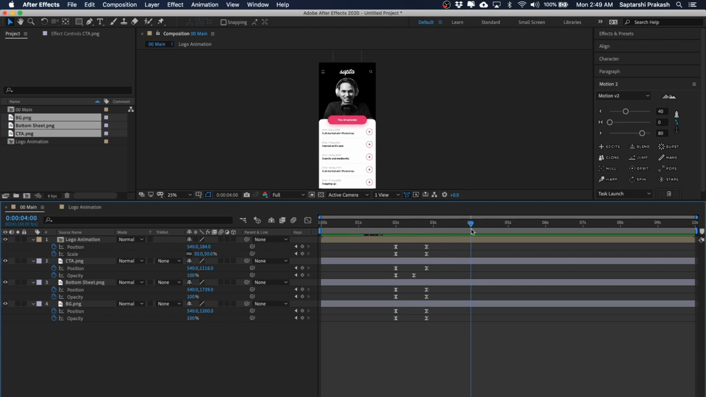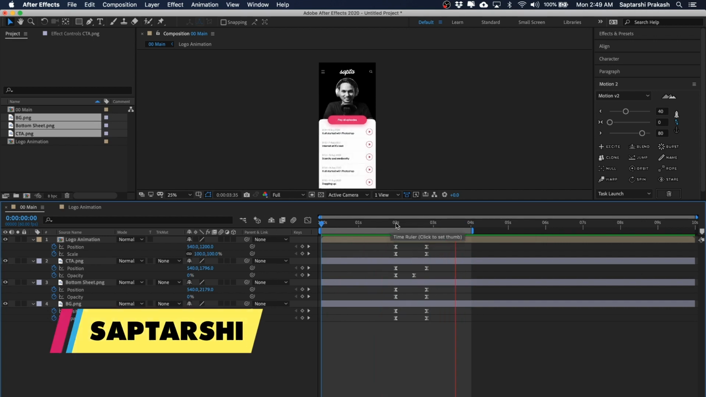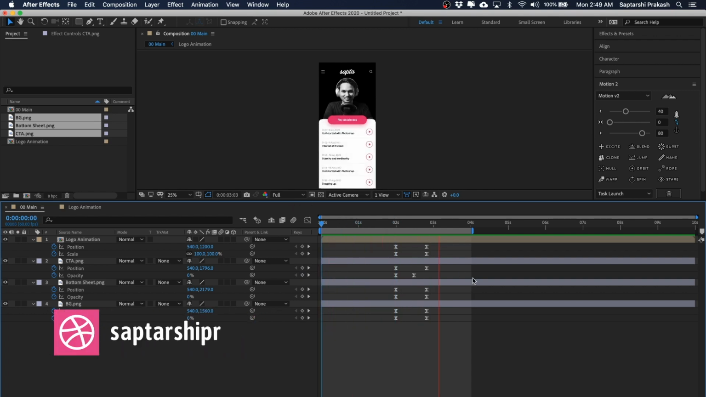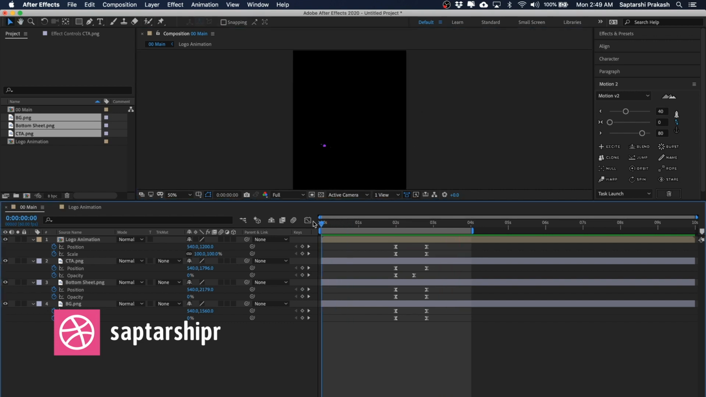I will chop the animation somewhere here in 4 seconds. So I'll bring my handle to 4 seconds. Roughly around 4 seconds. And I will hit N on the keyboard to chop the entire composition. Now I take my handle all the way to 0 and play it. I think this looks good. If I just zoom it in for you,